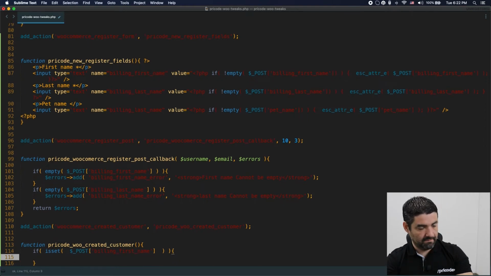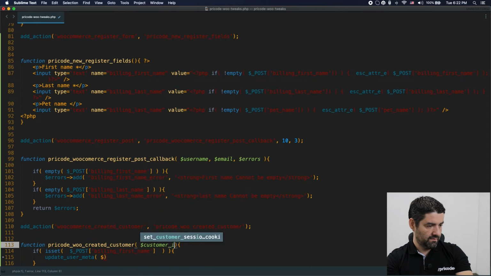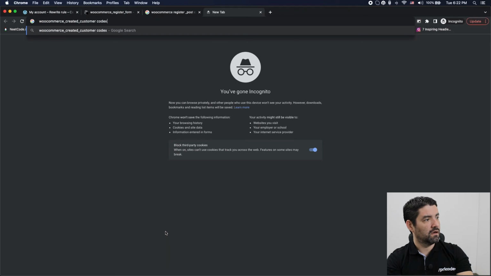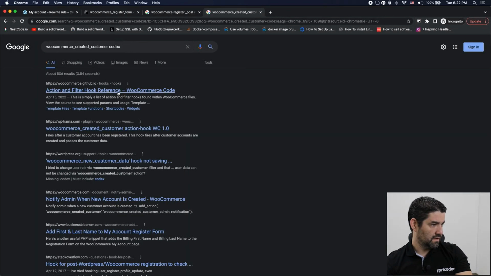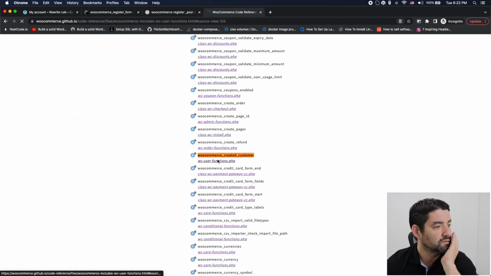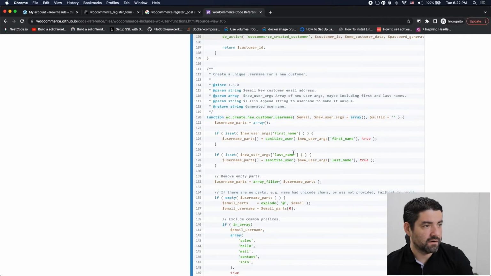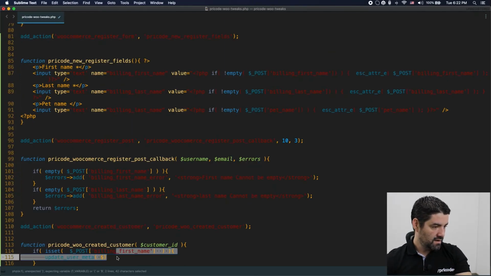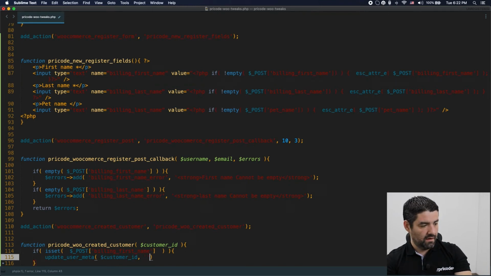I can then say update user meta. Okay, it's going to pass me the customer ID. Let me confirm. Let's see. Yes, here it is. There we go. Can add it here. Yes, it has the customer ID at the first. Okay, cool. And I can then say the customer ID is going to be the user ID for